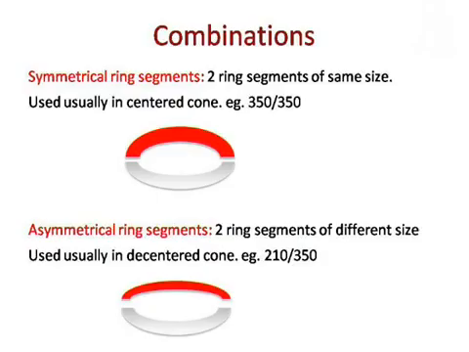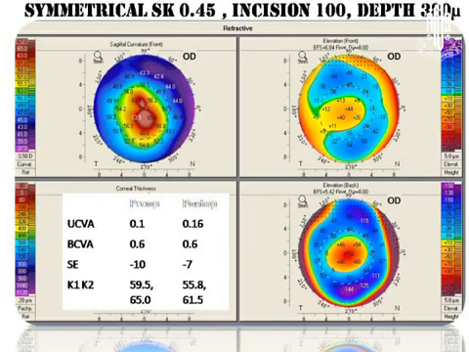So rings can be of different combinations, symmetrical ring segments or asymmetric ring segments. Symmetrical ring segments means both the rings are of the same size, and it is usually used in cases of a centered cone. While in asymmetric rings, the two sizes are different combinations, like 210 and 350, and it is usually used in decentered cones. So this is an example in which the cone is slightly decentered, but more than 50% is in the central zone, so it will be considered a centered cone, and we have used